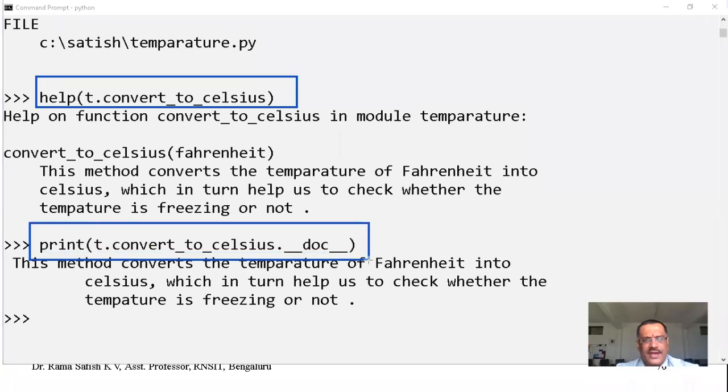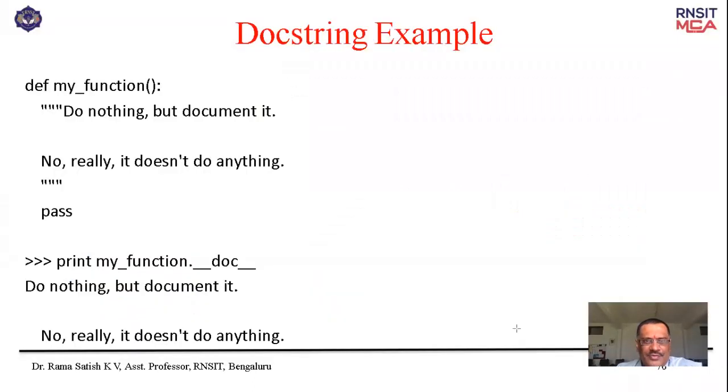So these are the ways wherein you can access your temperature module docstring, right? So that's about how to access. And very important, the docstring has to be written. Okay. Moving further,